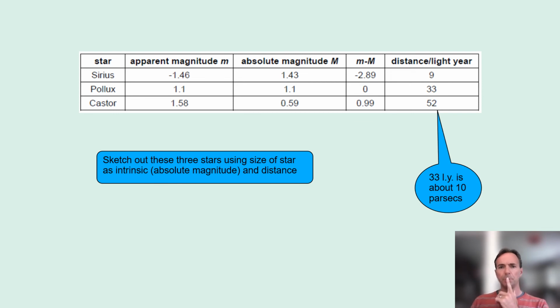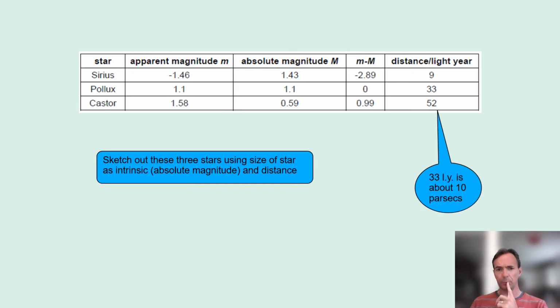1.43, 1.1, 0.59. So this is actually the dimmest of the stars. It's got a higher magnitude, so it's going to be the one that's the dimmest. So do a little small circle close to the Earth. If we now go to Pollux, put it at 10 parsecs and put it a bit further away from the